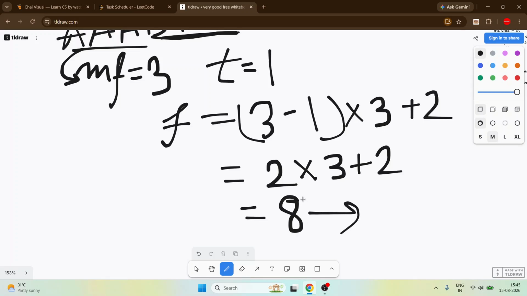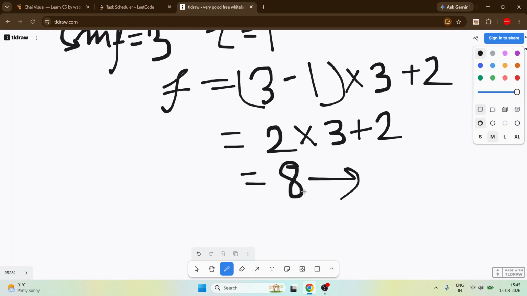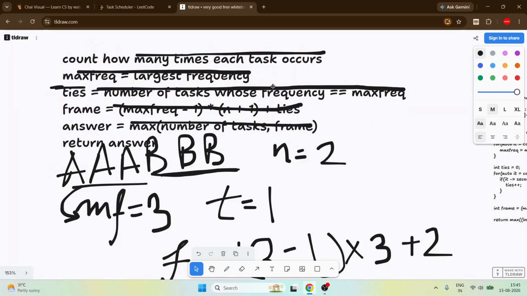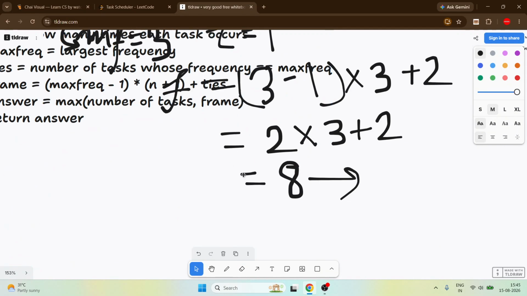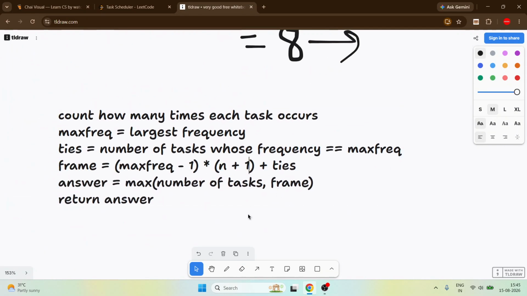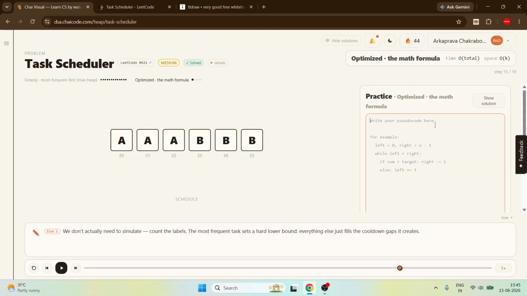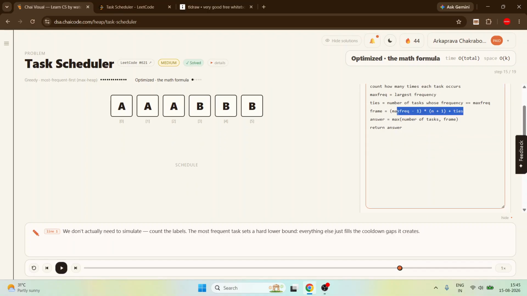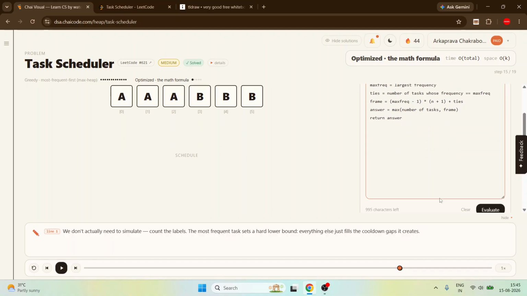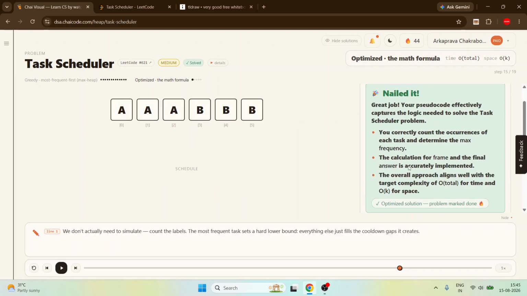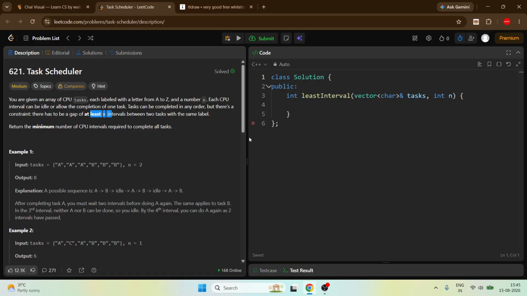And this is our actual answer, because this is the time we actually need. This is our actual pseudo code. The thing you have to know is this formula. If you don't know this formula, you will not be able to solve it. Simple. Now if you go to the code,